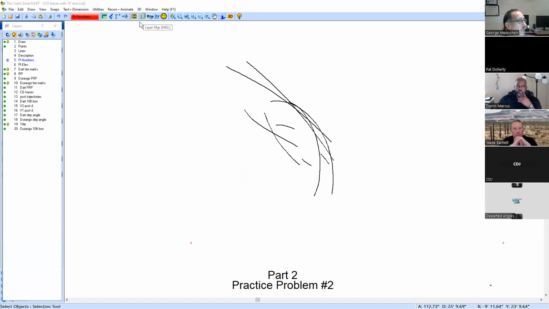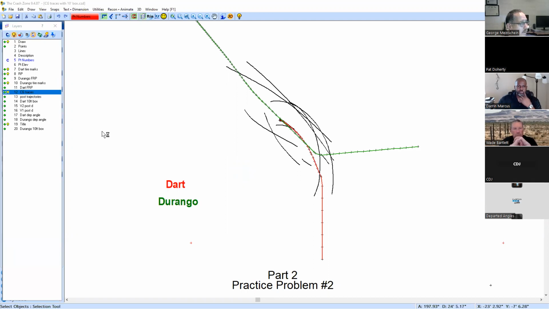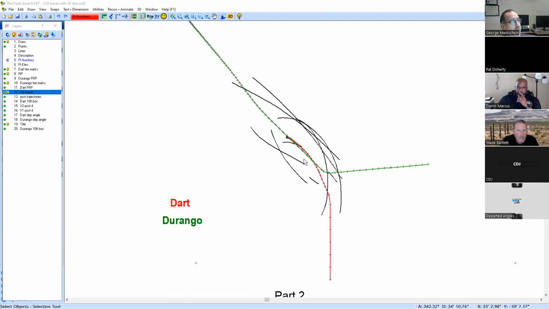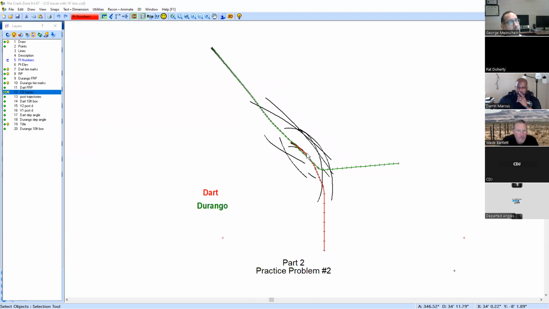First off, I'm going to jump in and add right off the bat the traces for the paths of the centers of gravity for the two vehicles. And I'm going to start there because I'm hoping that everybody, at least who's here tonight, knows how to get this much, because of course that's critical. The first step in getting a departure angle is you've got to have the path of the center of gravity. And